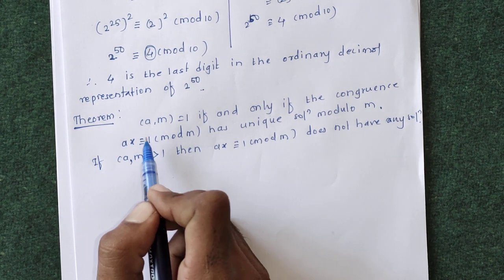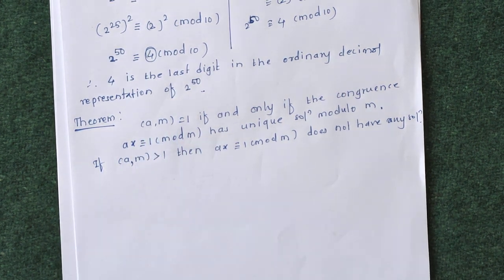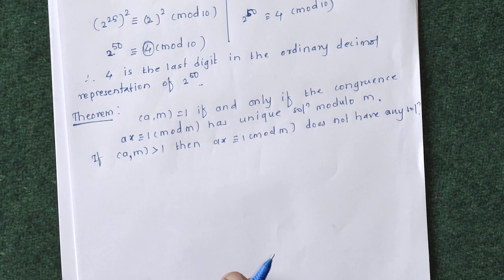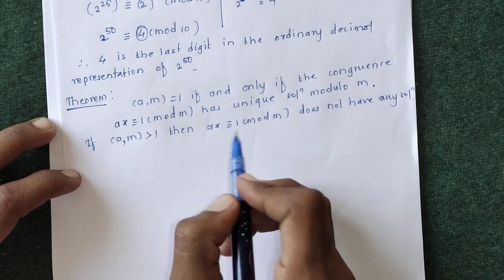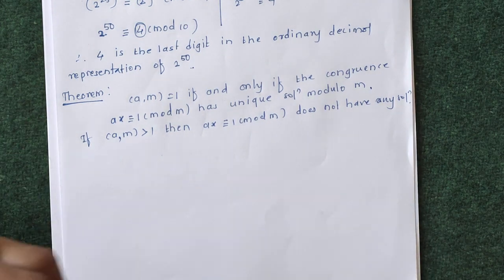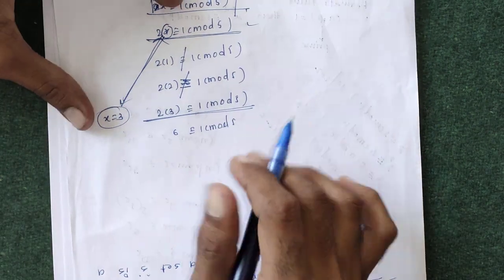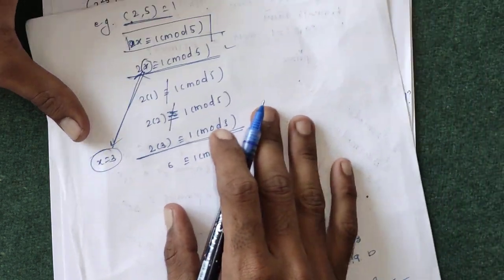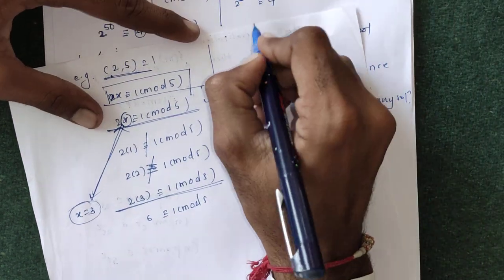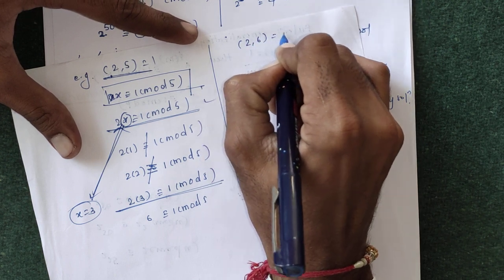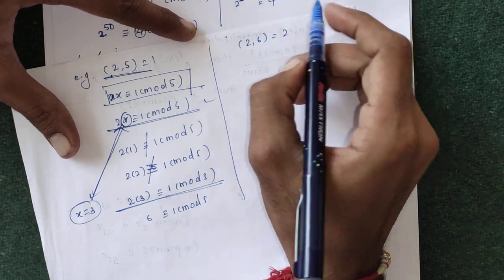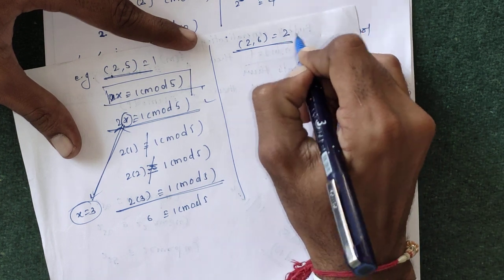And if this congruence has a unique solution, then we can say that the GCD of A and M is equal to 1. Further, if the GCD of A and M is greater than 1, then this congruence has no solution. If we take another example, suppose the GCD of 2 and 6 is equal to 2,